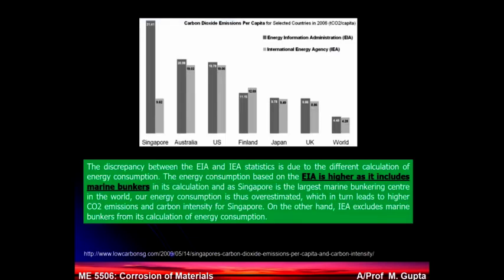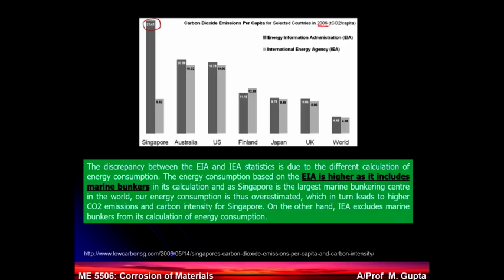Now let's look at 2006, 8 years later. From about 40 tons, it is 31.41 tons, reduced by government action. And there are two ways in which the carbon dioxide emission per capita is reported, by the Energy Information Administration and the International Energy Agency. And they say that